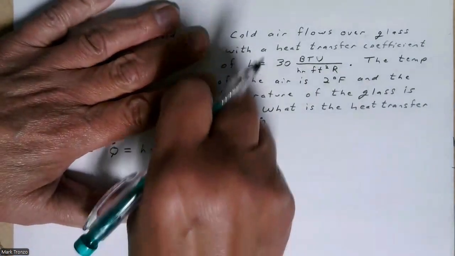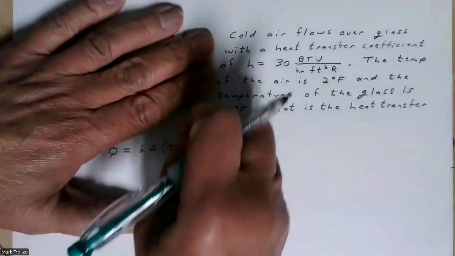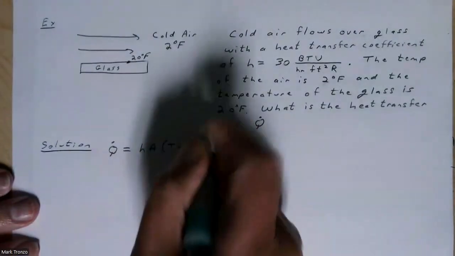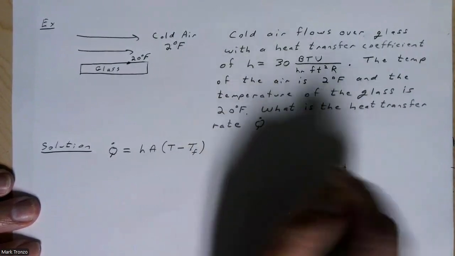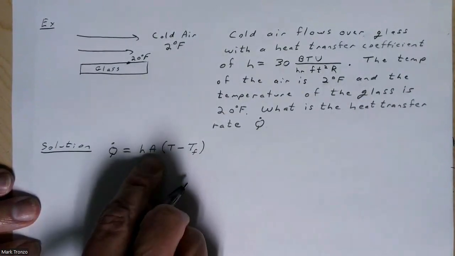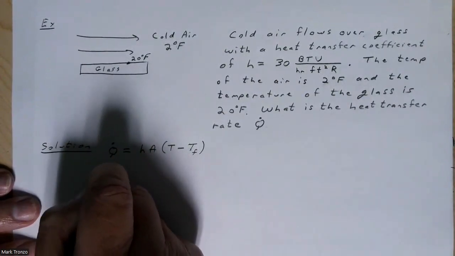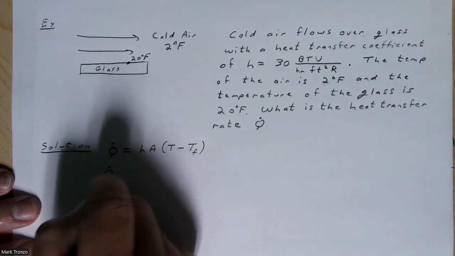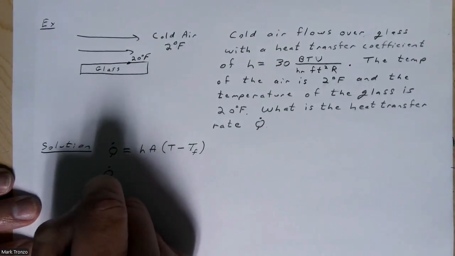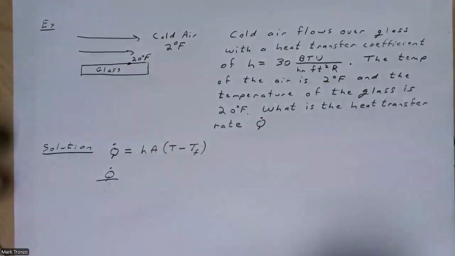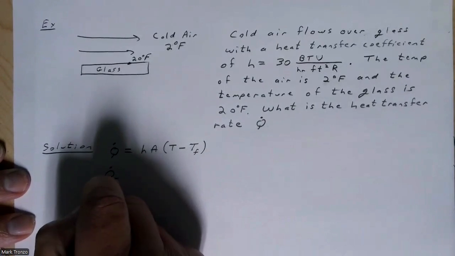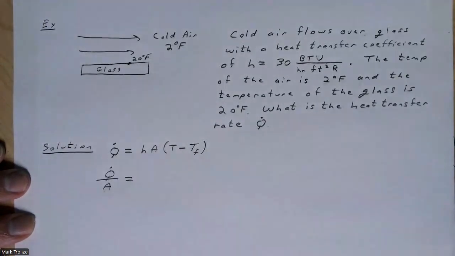Again, TF is the temperature of the gas or the fluid, in this case, the air. And I'm going to rearrange this a little bit. Again, since we don't know the area, we'll calculate this per square foot like this. So divide both sides by A, and that'll give us